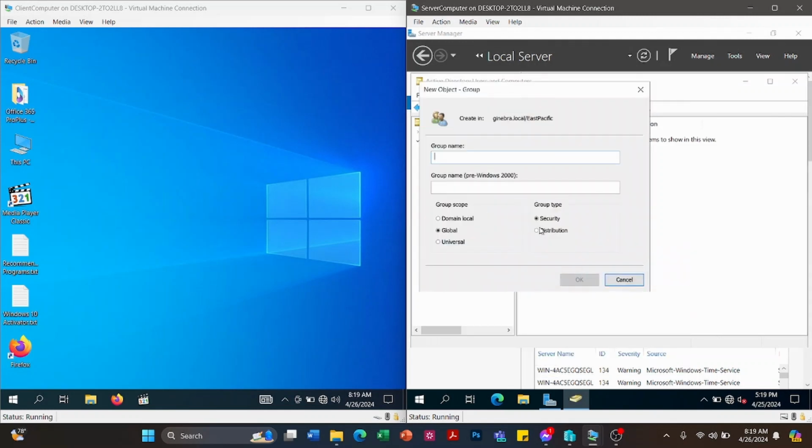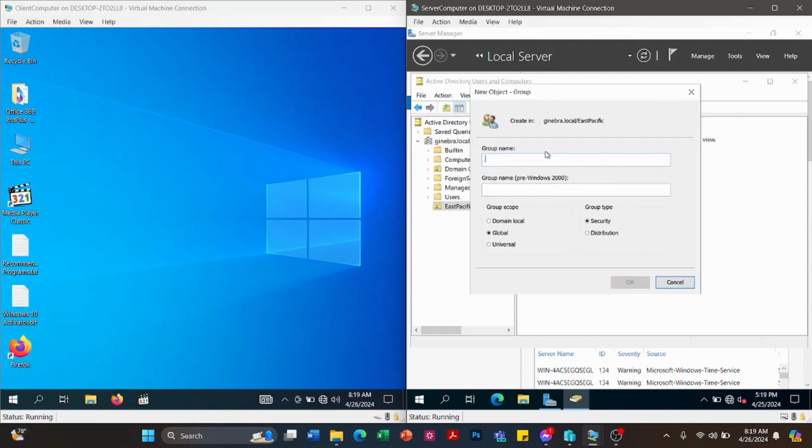Okay, so by default, it selected Security, so just leave it like that. So we're going to create a security group for our users. We're going to connect the client users to this security group. So we're going to name it logistics.